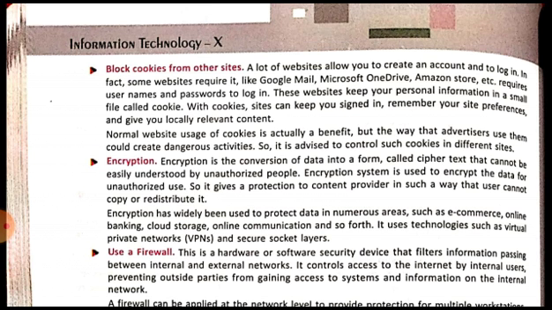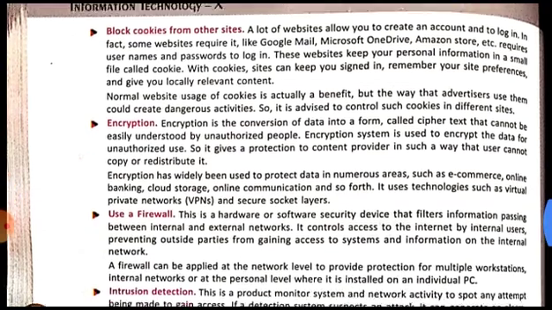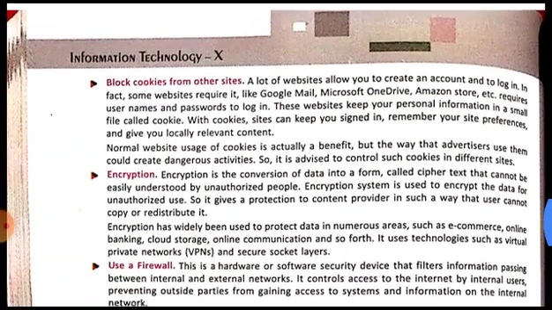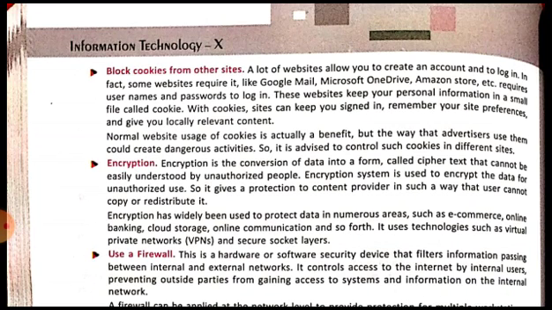Then thirdly, it will give you locally relevant content. Locally relevant content means what? Cookies can also be used to store the geographical location of a particular person, and when the user visits the same website next time, the website will use the cookies on the user's computer to know the user's geographical location. Then the website will offer only content and services that are relevant to the person's geographical location. For example, if you are visiting any newspaper website or news channel website, what will the news channel website do?